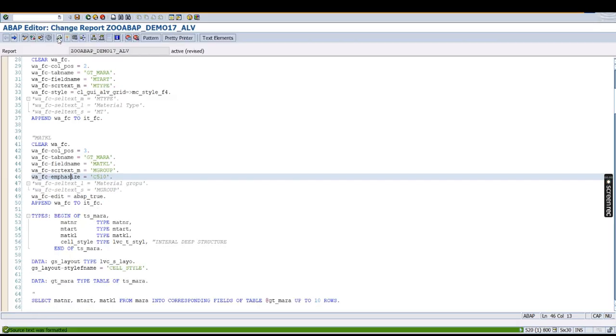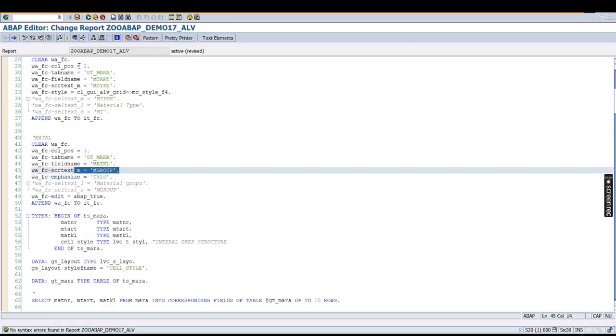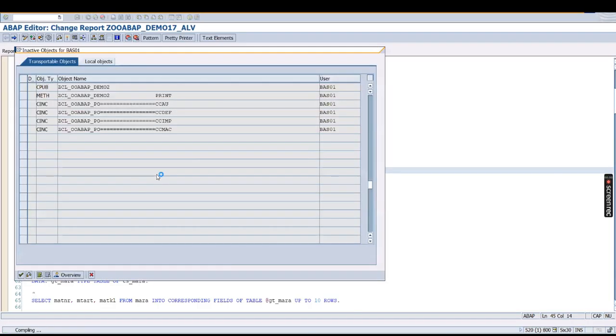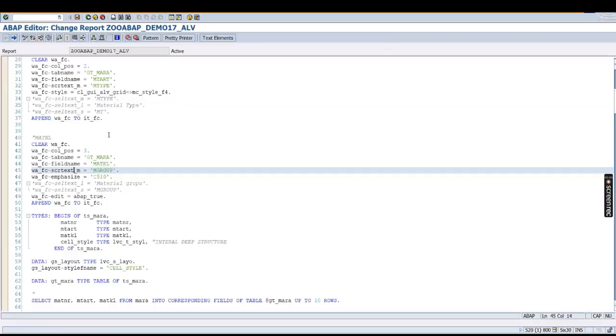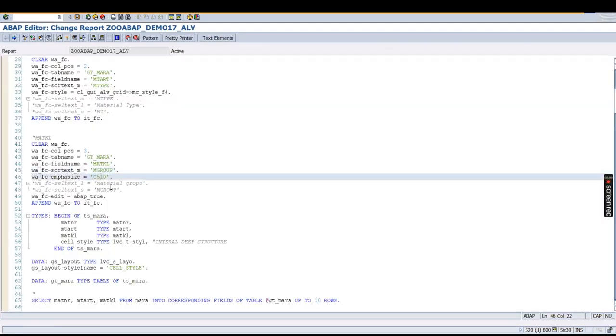Check the syntax. So for coloring, if you want to set the color for a material group entirely, this is what we can do. Yeah, you can see that it's working. This is how we have to do it for the entire material group. Okay. So C stands for color. 5 is the color code. 1 is for whether it is intensified or not, and this will be something like C X